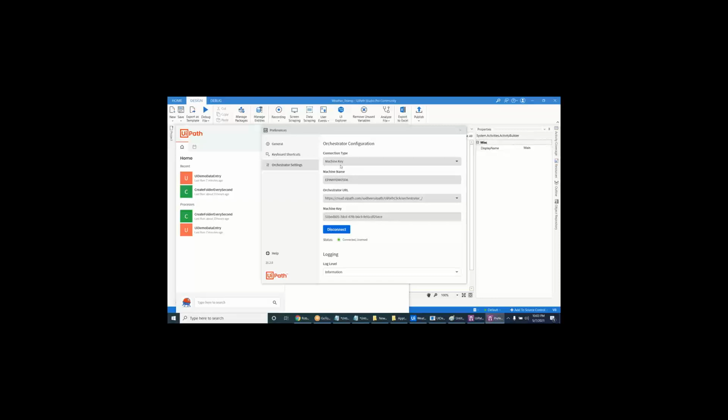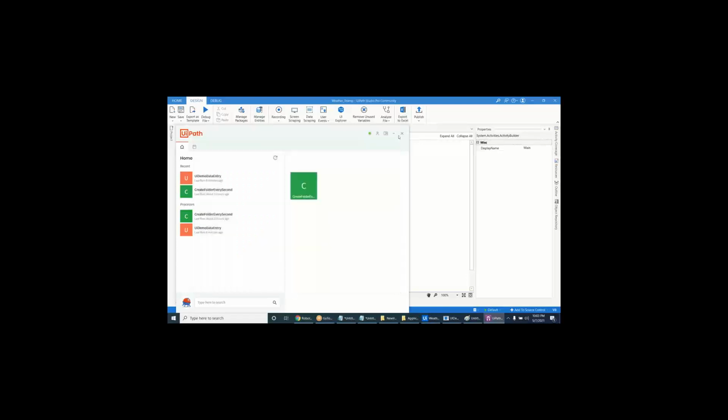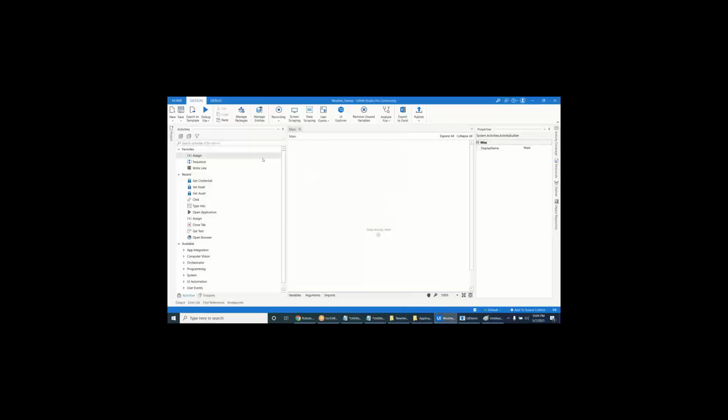If you are not able to do it, just disconnect first. Click on disconnect and go to the connection type. Select the machine key and you can find the machine name. Just copy this machine name into the chat window. That's it. Okay, now what we will do is